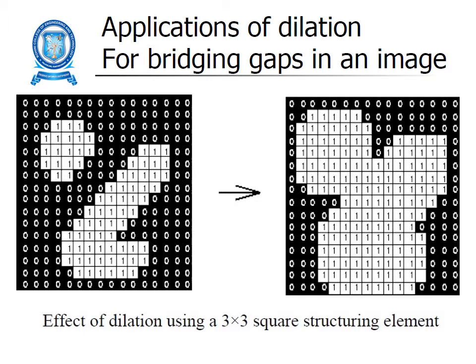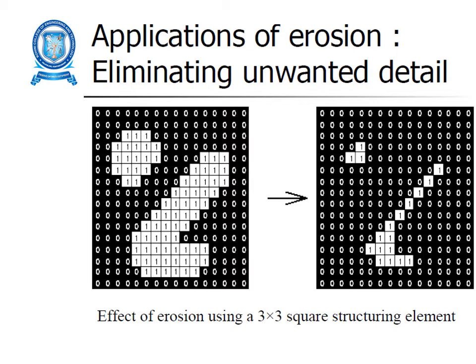First, we are going to bridge the gap in an image. What is bridging of a gap? We are adding some extra elements. Adding extra elements is dilation. Understood now? We are taking some pixels. You can see on the left side there is a gap between them, so the image is said to have some discontinuity. We are going to fill that gap by adding some extra pixels in between them. This adding of pixels is called the dilation process.